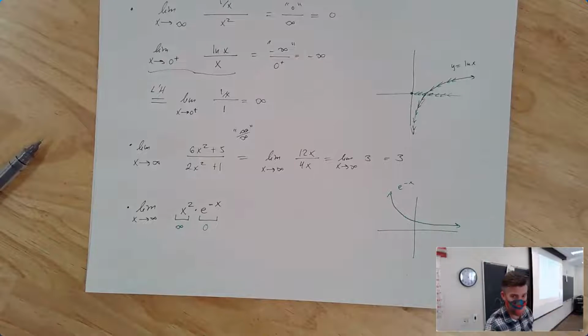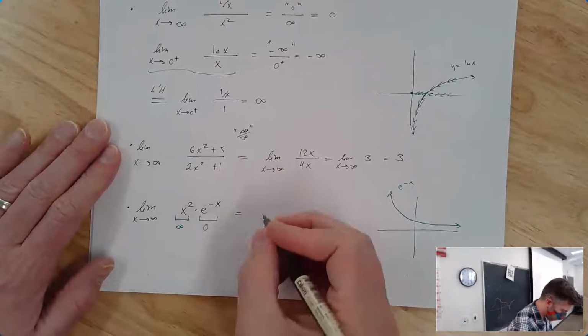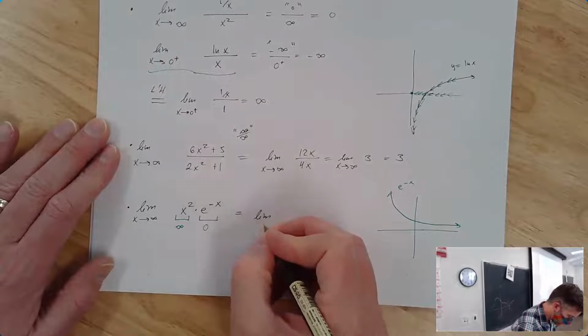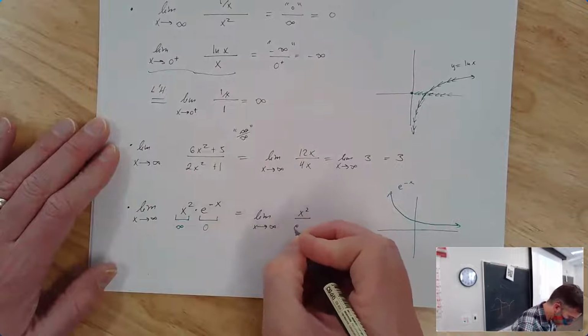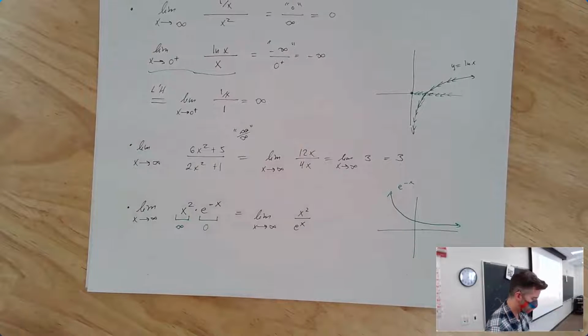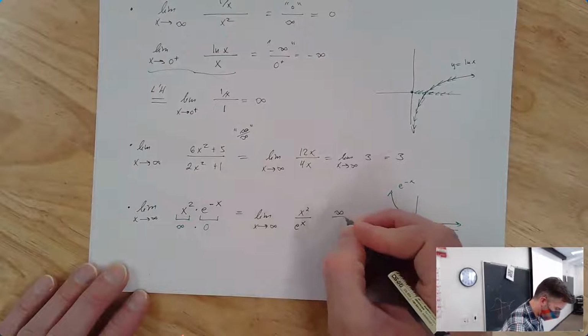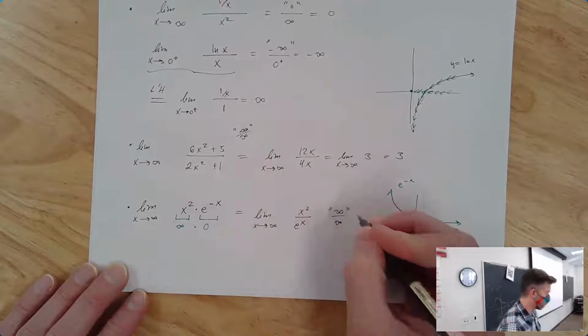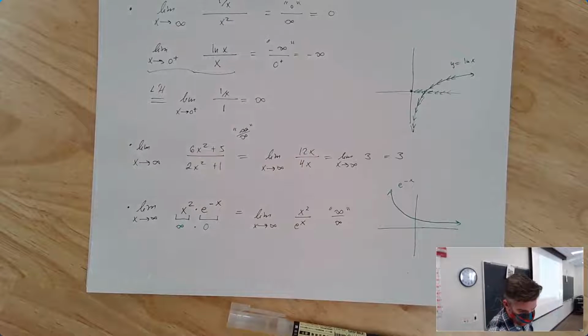So what we need to do is rewrite this in a way so that we can use L'Hopital's rule. And it's pretty straightforward here. It's going to be the limit as x goes to infinity of x squared divided by e to the positive x. Because now it's an infinity over infinity form, which is totally something we can use L'Hopital's rule on. So if I use L'Hopital's rule,